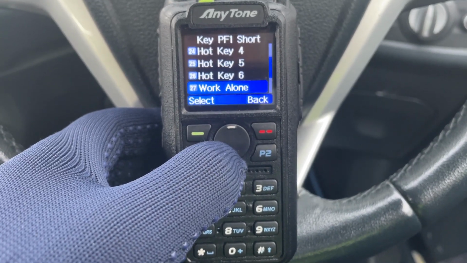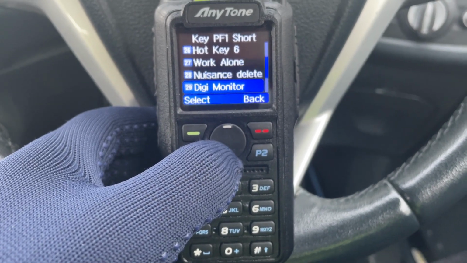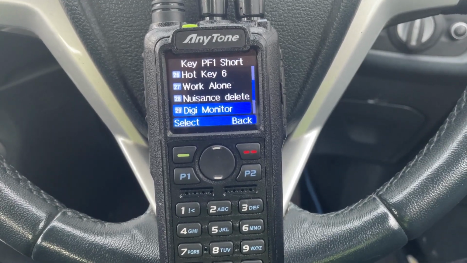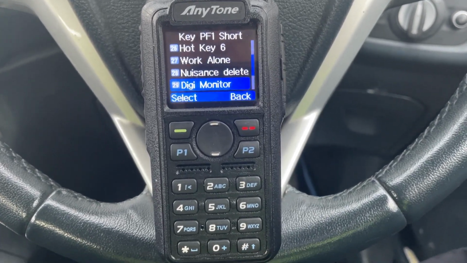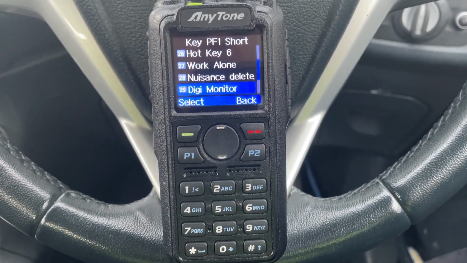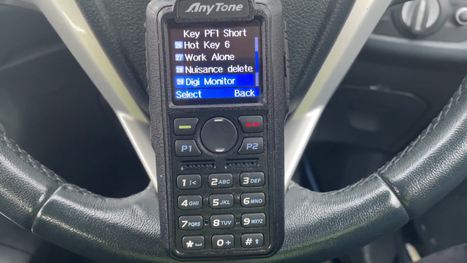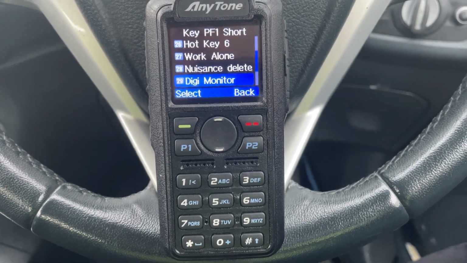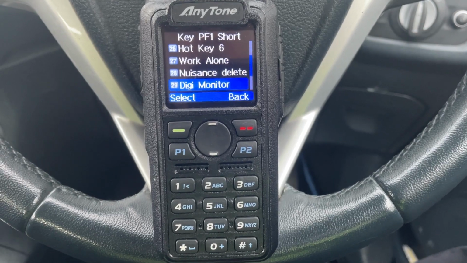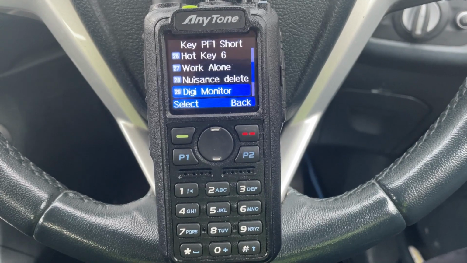Another option is work alone, nuisance delete, digital monitor. That's where you might be on a repeater and you know there's activity on the other slot, slot 1, slot 2. You might be on slot 1, you might see the light coming on but hearing no audio. That'll be because there's either interference, sometimes it lights the light up, but normally because there's a conversation going on slot 2. And if you put digital monitor on with everything set to any, it will bring through